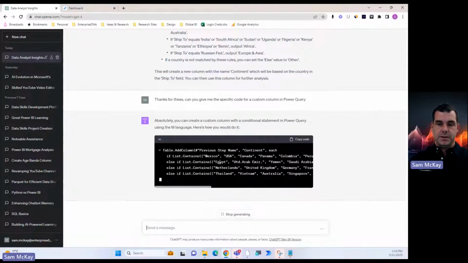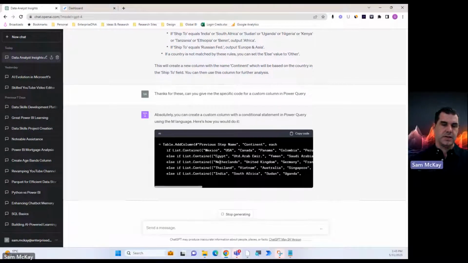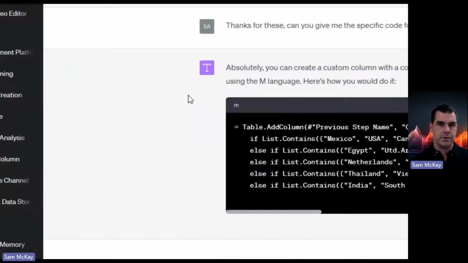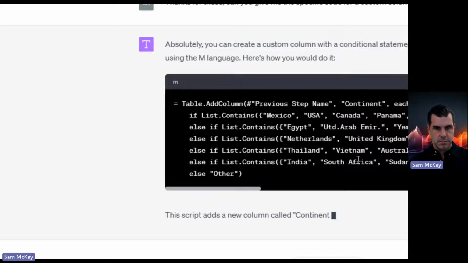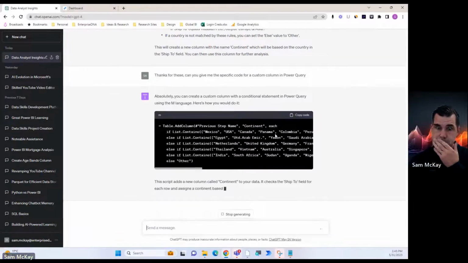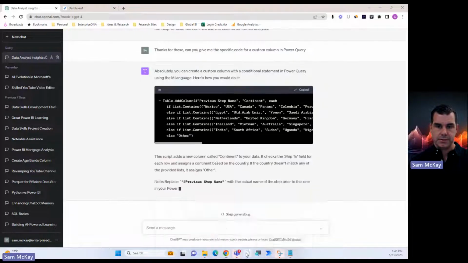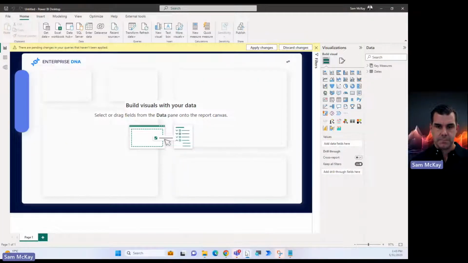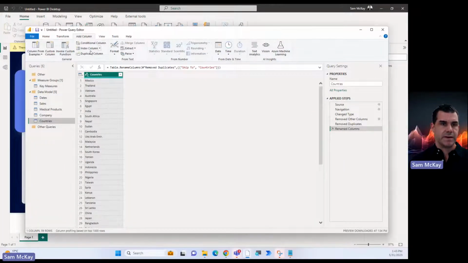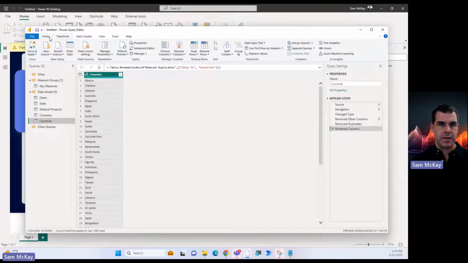I mean, if this works, that's pretty amazing. You see here that it's coming up with M code, so it actually knows how to write M code. Let's copy it and see if we can integrate it. The fact you don't have to write this out is pretty insane.